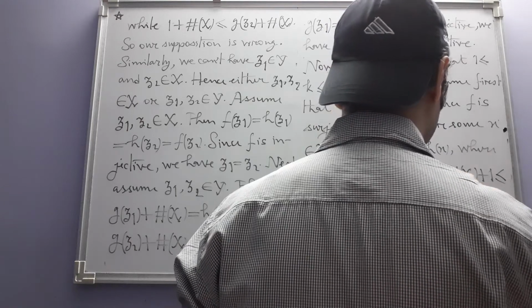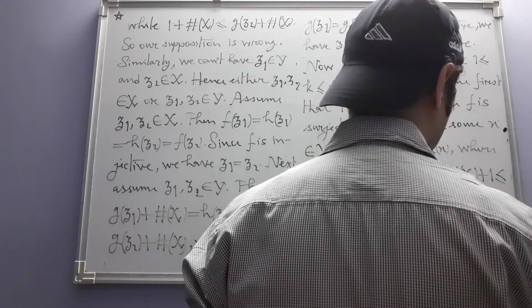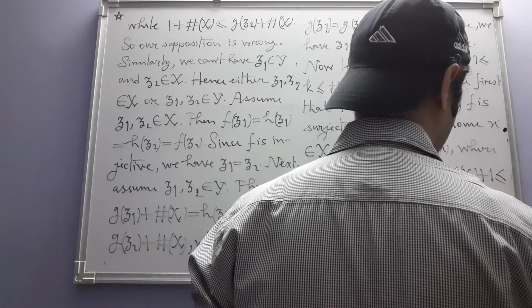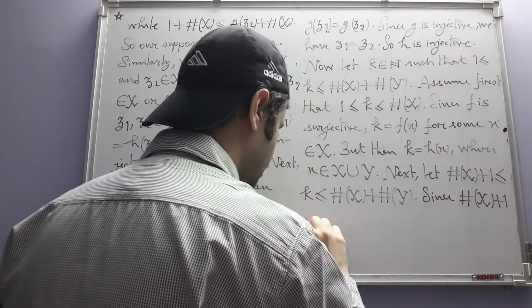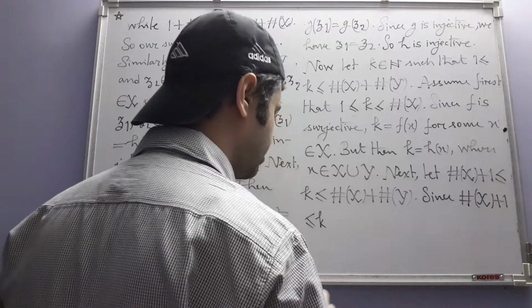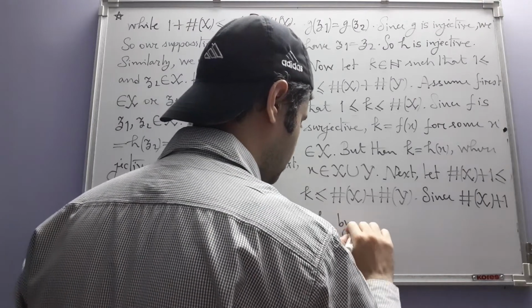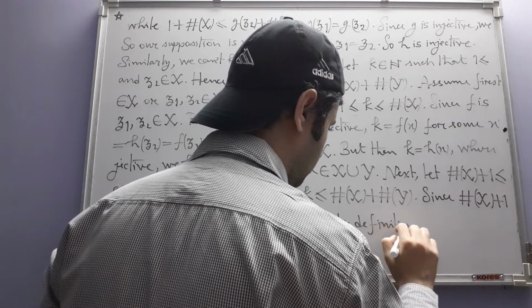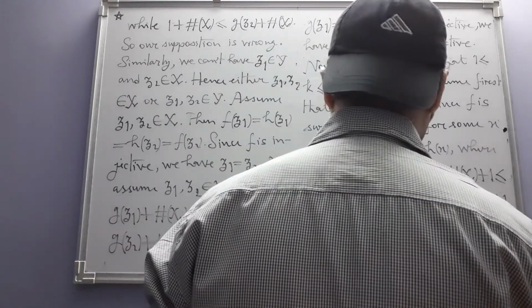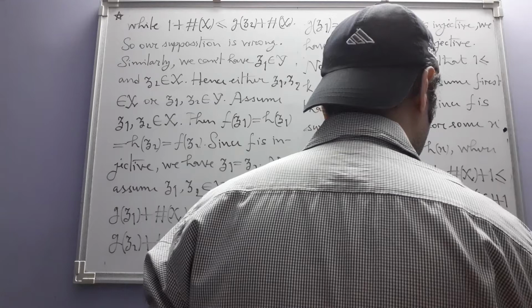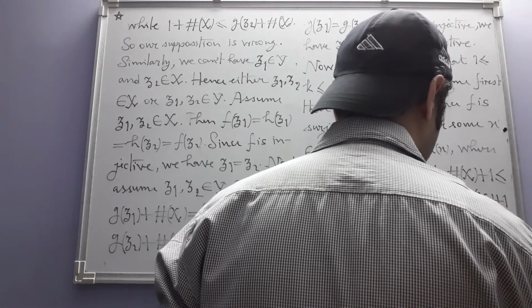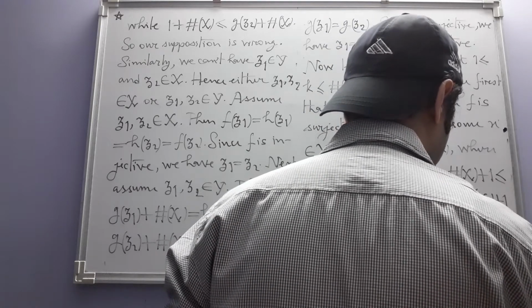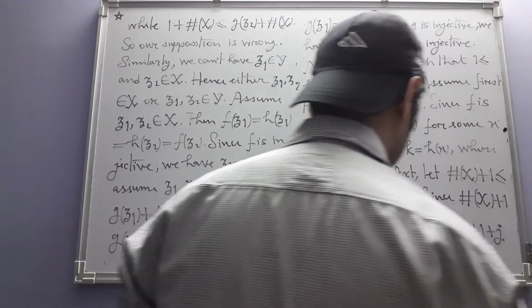Since this is less than or equal to K, by definition K is equal to this plus 1 plus J